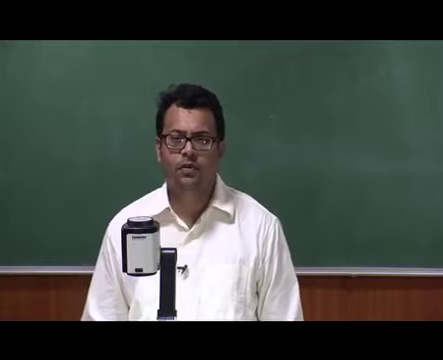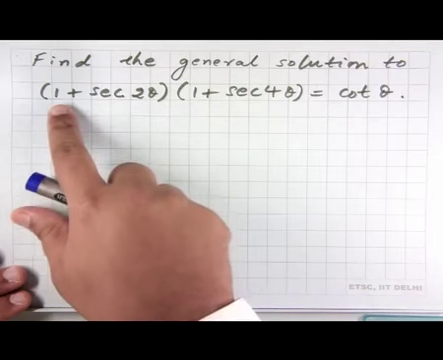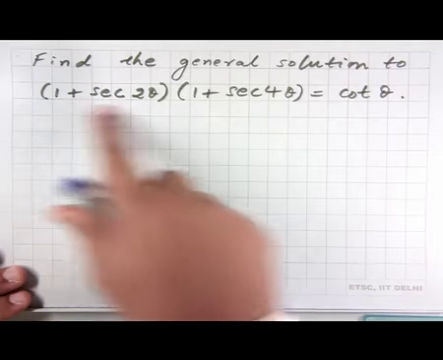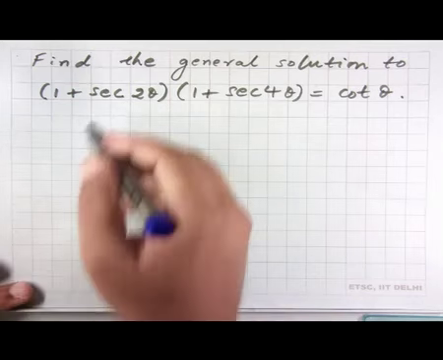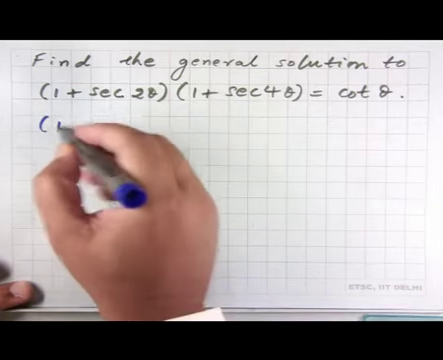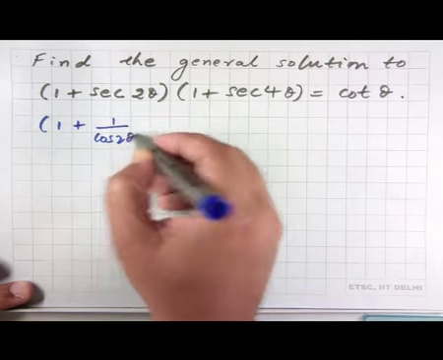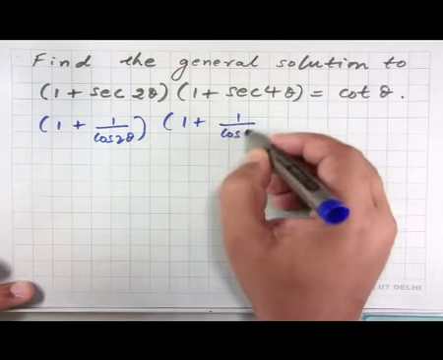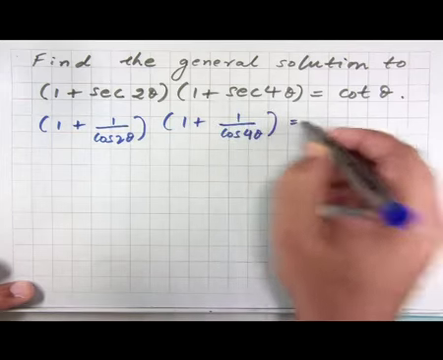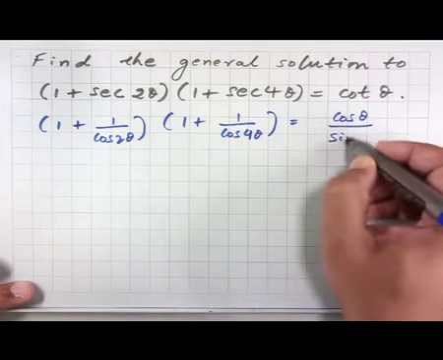So here is the next problem. It is asking us to find the general solution to this trigonometric equation, and again what we can do here is write this as (1 plus 1 over cos 2 theta) into (1 plus 1 over cos 4 theta) is equal to cos theta over sin theta,